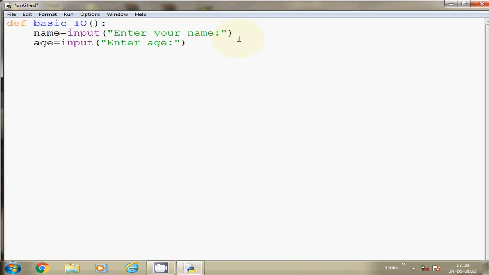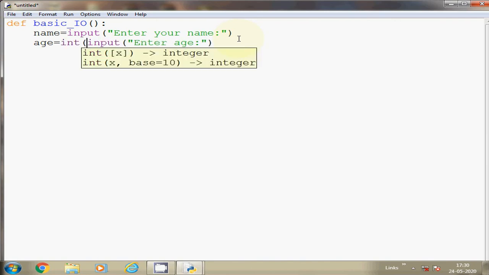Python allows three kinds of numeric data types: integer, float, complex. Integer means a number without decimal places, float means a number with decimal places, and complex number has one part that is the real number and a second part that is the imaginary part. So here this will be written as an integer, because when the program completes, the return value is an integer only. So in that case you have to typecast your value.